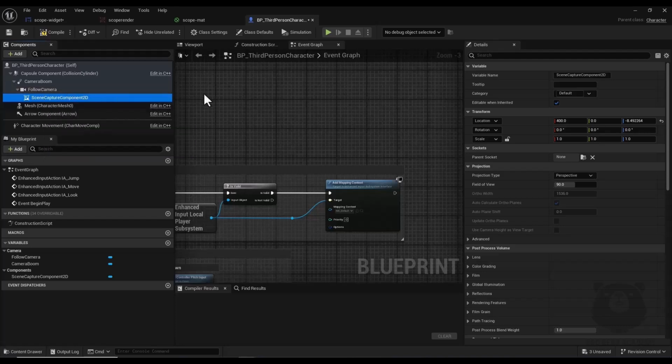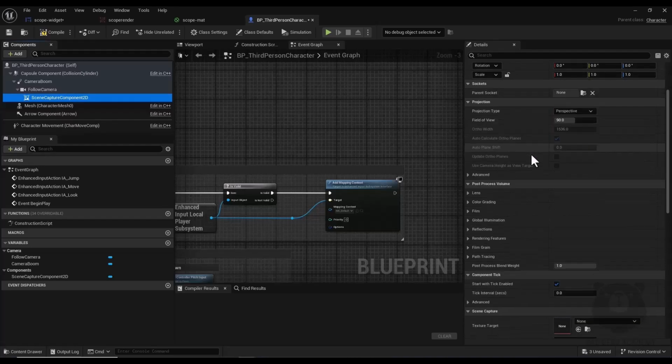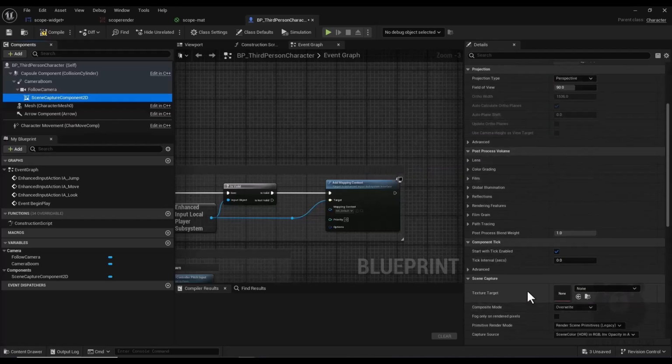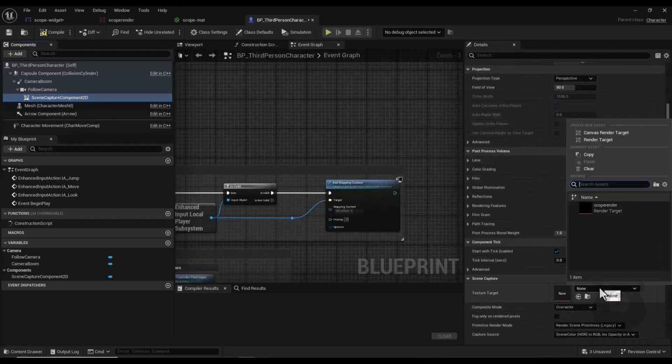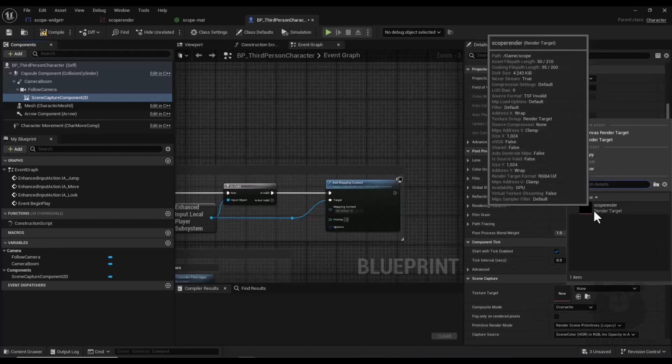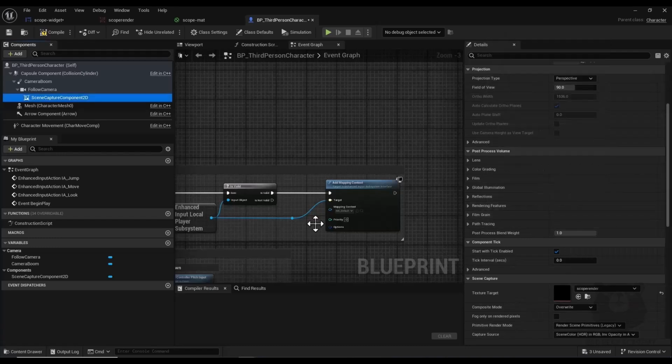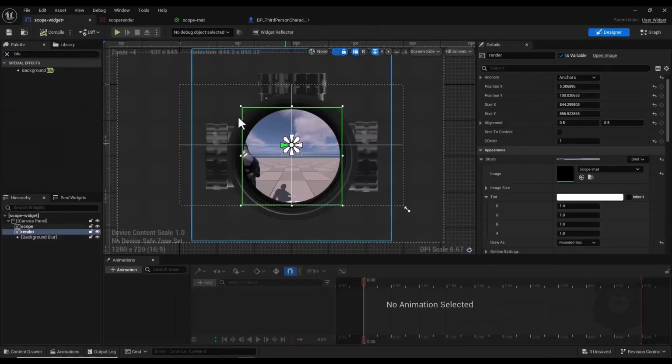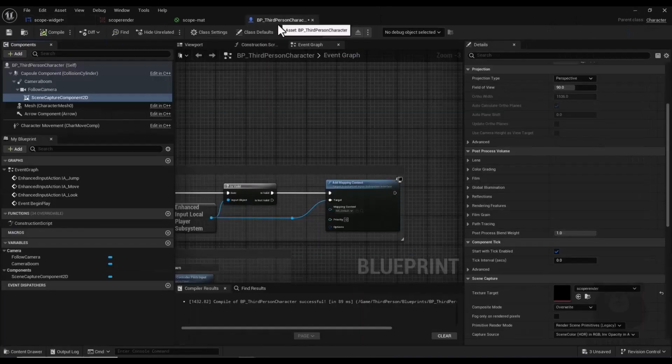Okay, and now in this scene capture section I assign my scope render target. Now I compile and go back to my widget, and here again I compile and again I go back to